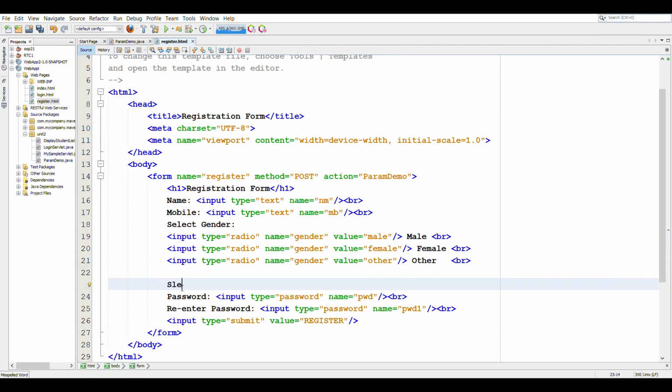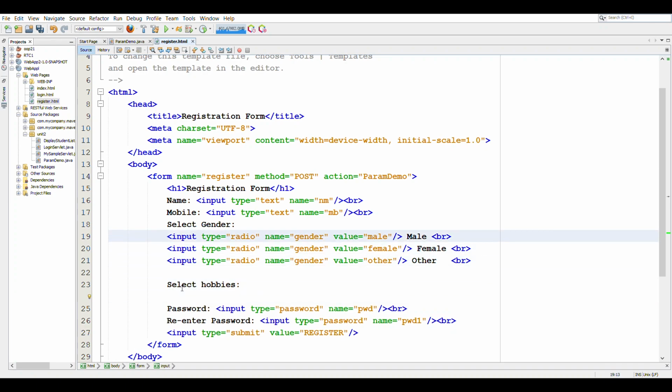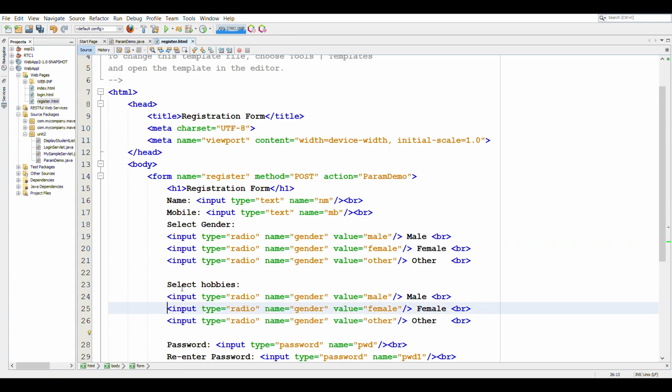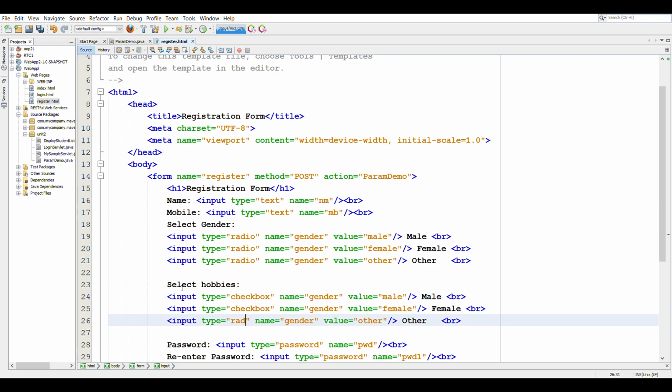Similarly, if we create checkboxes here, select hobbies, so the input type for a checkbox is checkbox, and let's give it a name.